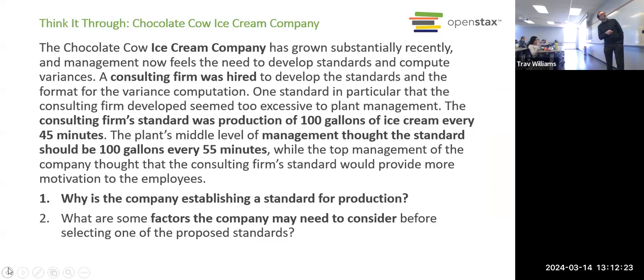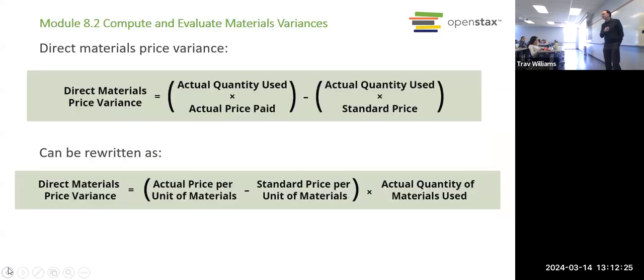And okay, so then we got to our formulas, right? And as you noticed, I'm sure on Tuesday, we used this formula quite a bit. This is our direct materials price variance. We use that to see how much the price of our materials differed from the standard price. And we have a second version of the same formula. Sometimes it might be handy to use the simplified version, but they both give you the same answer.